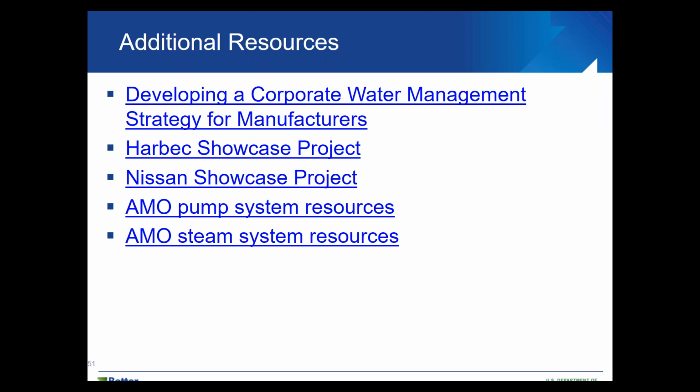We also have the Harvick Showcase project. Harvick is a Better Plants Challenge partner, and that showcase is up on the Better Building Solutions Center. We also have a showcase project from Nissan North America, one of our Better Plants Challenge partners, that details their water energy saving efforts. We also have some additional resources through the Advanced Manufacturing Office here at AMO or at